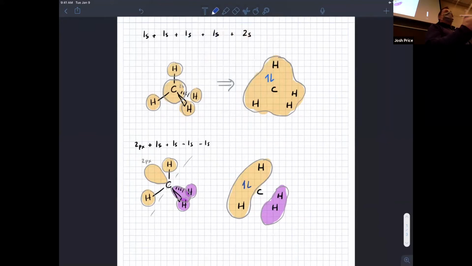Remember, in orbitals where we switch phase, the electrons are in both areas simultaneously. The phase just means mathematical sign of the wave function. It's positive here, negative here, and 0 there, but the electron encompasses all of it. So the MO picture for methane tells you, let's see, and